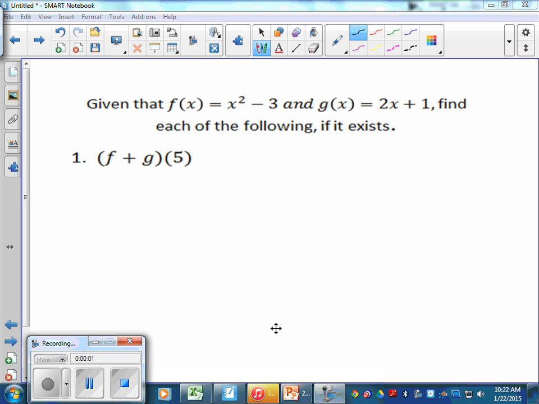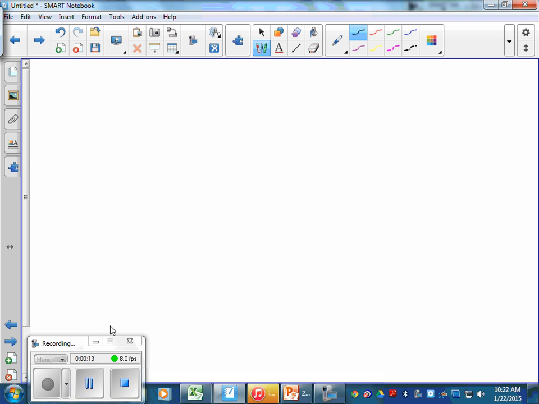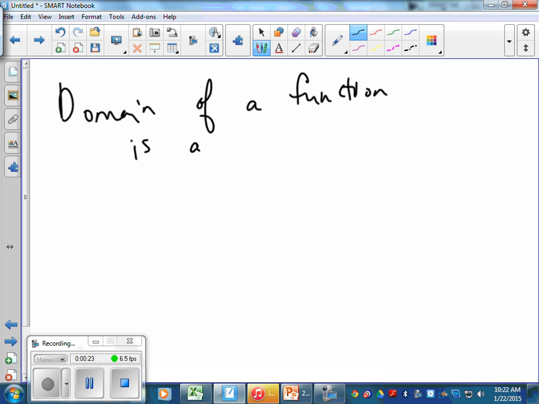All right, today's section involves the algebra of functions, which means we're going to be doing things like adding functions together and subtracting functions and multiplying and dividing and determining the domain of each. Just a reminder, in case you forgot, the domain of a function, you should be able to do this in your sleep by now, is all real numbers